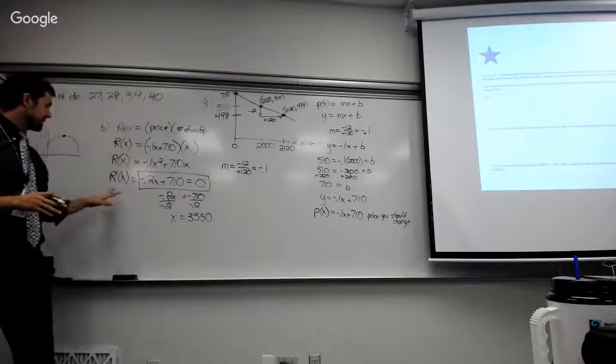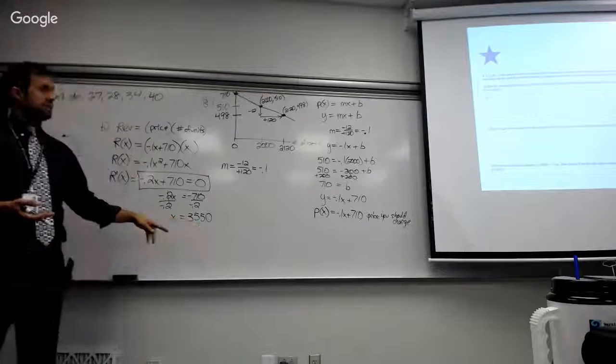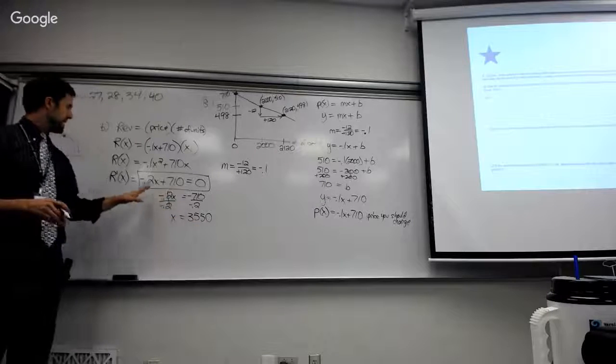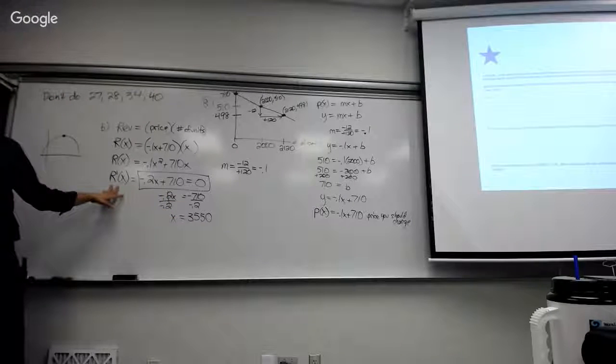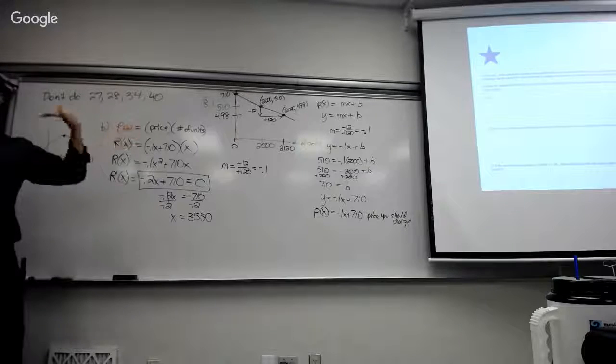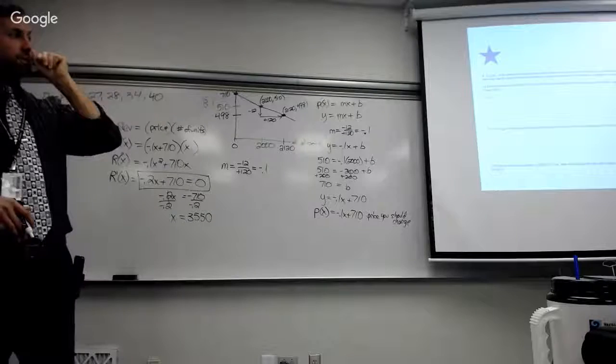But apparently if we want to maximize our revenue, obviously you'd want to sell a lot of TVs. But that's not the end of the story. If that's the amount of TVs that will maximize our revenue, what would we want to know next? Yeah, the price and how much of a rebate is that? Because that's really what we're still asking is how large of a rebate should you offer in order to maximize